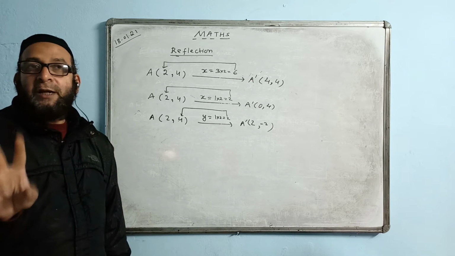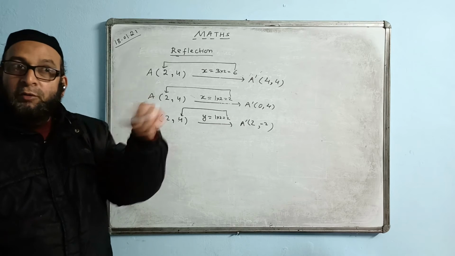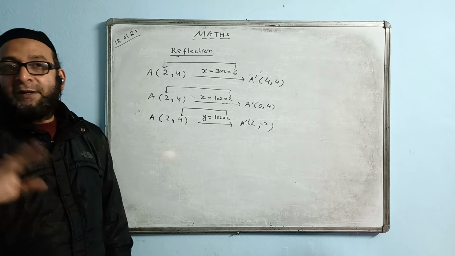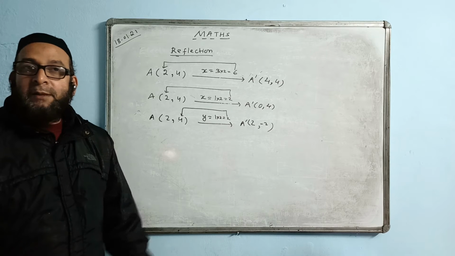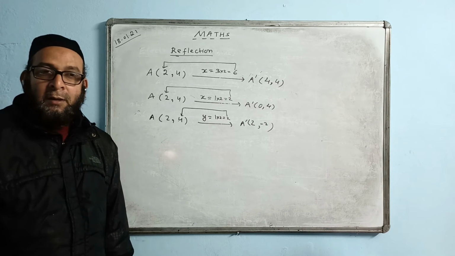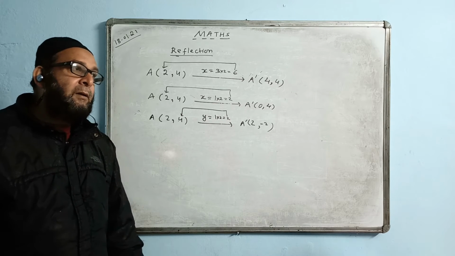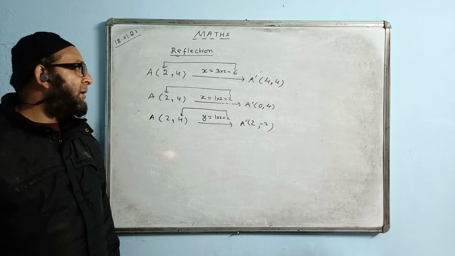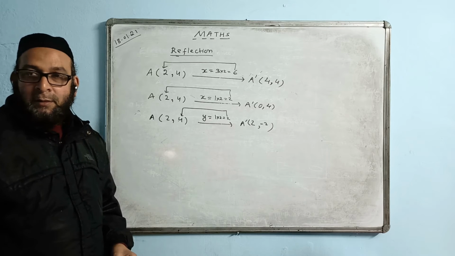Whichever two reflections you take, whatever is not coming in those reflections, your answer will be equal to that value only. You are reflecting in the origin and the y-axis. Mo and Mx you are taking. So what is your answer now? Single transformation. Mo and Mx you are taking. Yes, My. That is the answer. That's what I am saying. Did you understand this time how we are doing it?